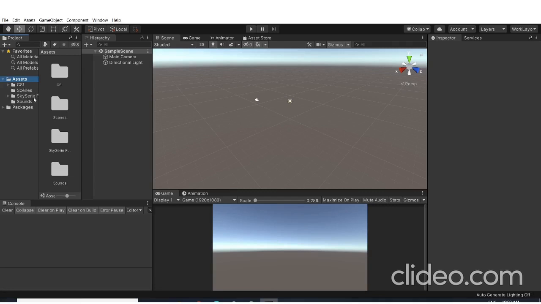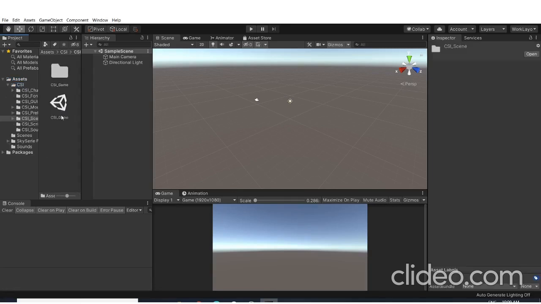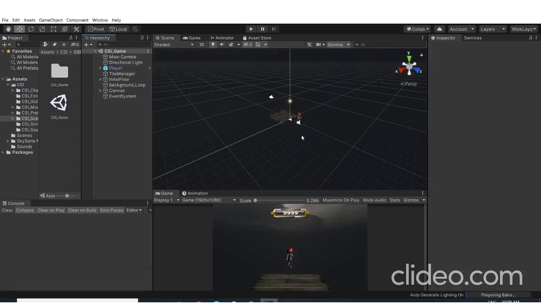You can see a bunch of folders were added. Go to the CSI folder, then the CSI scenes, and hit on the CSI game. So you can see this is the world that we have.